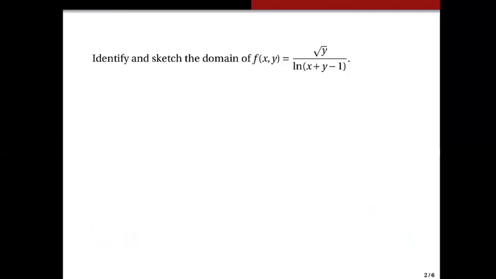First, let us identify and sketch the domain of the function f of x, y equals square root of y all over ln of x plus y minus 1. So before I do the sketching of the domain, let us have some mini problems or mini questions as a warm up. So maybe let's start